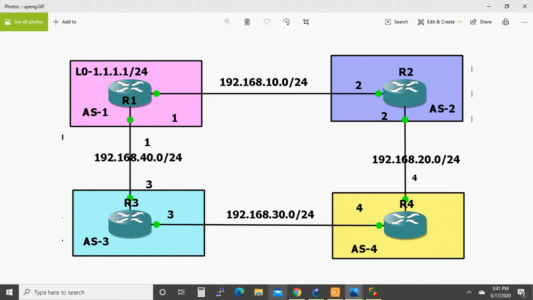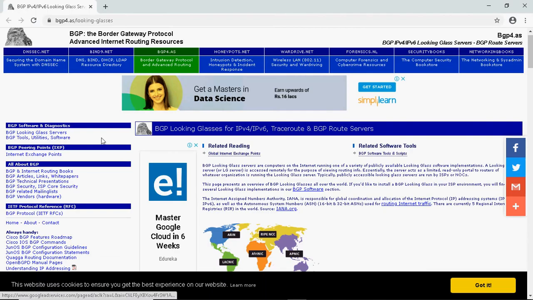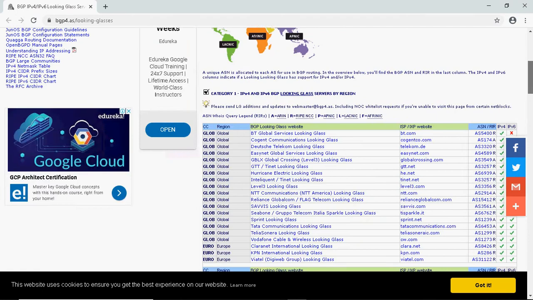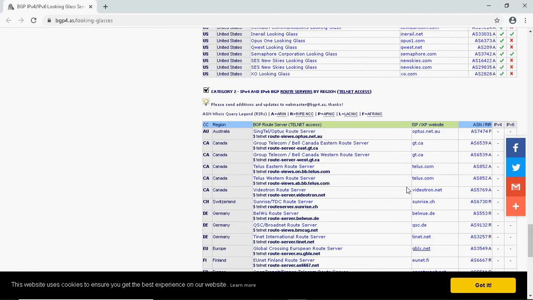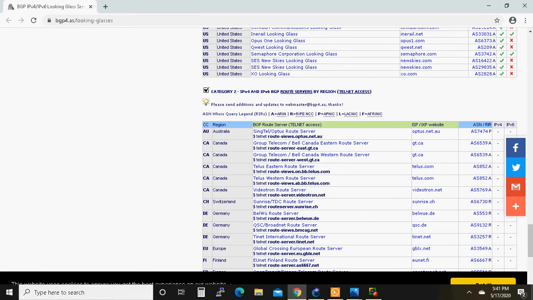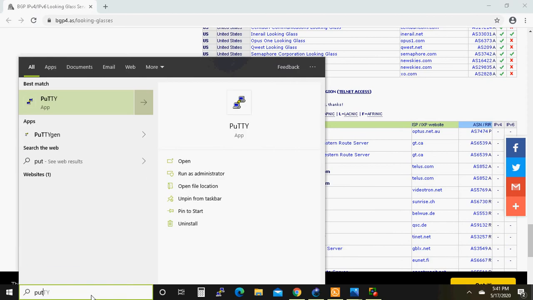Okay, so now using a BGP looking glass. This is a looking glass server, I already told you in the introduction itself. There are a lot of public servers. Using public servers we can check the routing table. If you have an internet connection, just open PuTTY.